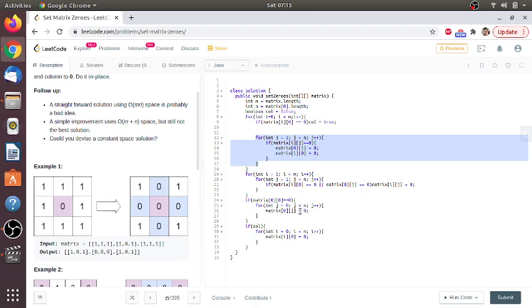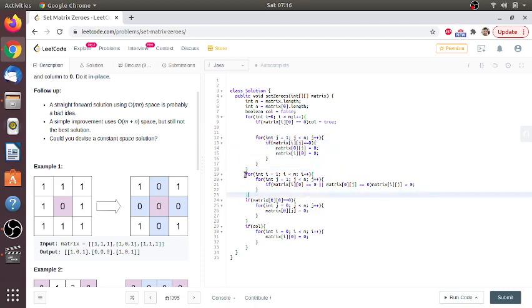But here what I am doing, 0 comma j in the first column, this will be made 0. It means this row will be 0 and this column will be 0 and this row will also be 0. That is the wrong output, or wrong solution. So we consider i comma j starting from 1, and then if it is 0, this column and this row will be set to 0. That's all.